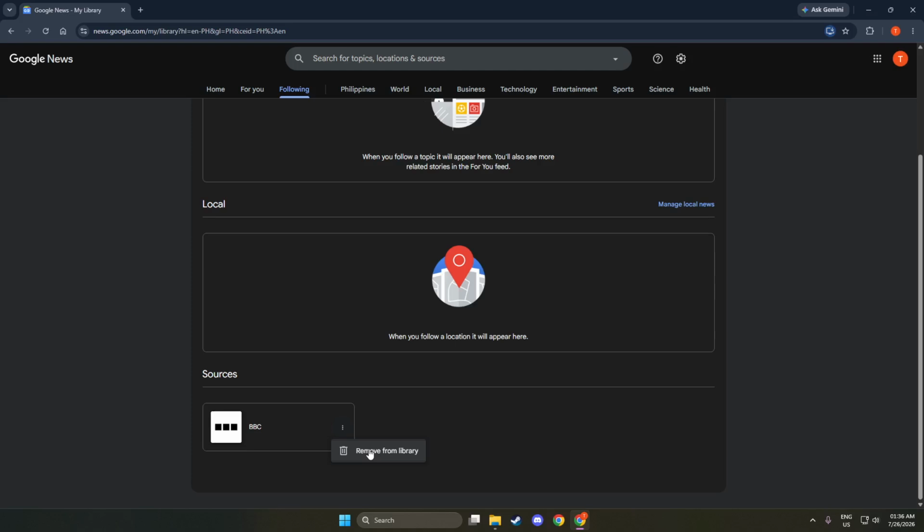By following these steps, you have successfully removed a source from Google News. Remember, managing your news sources helps you stay informed without